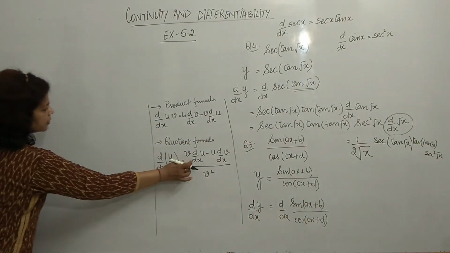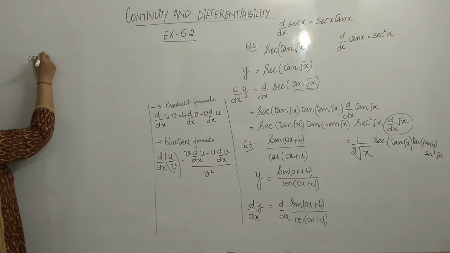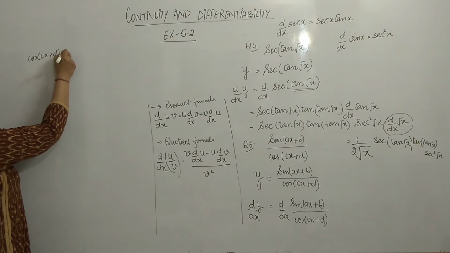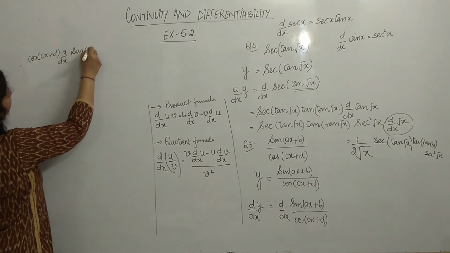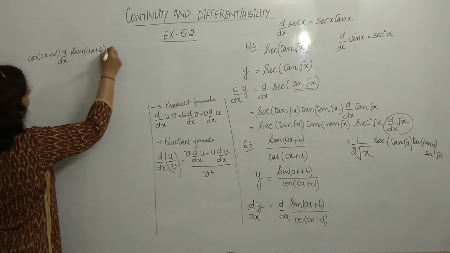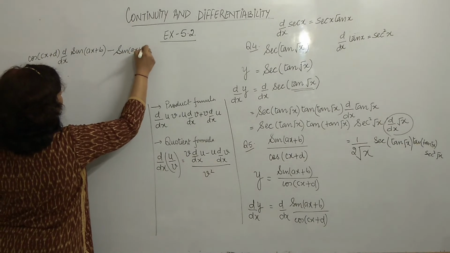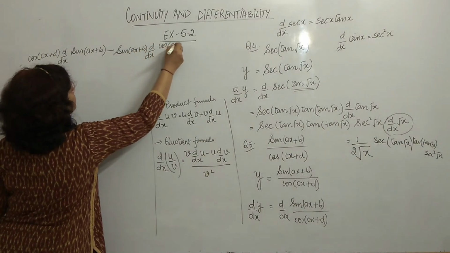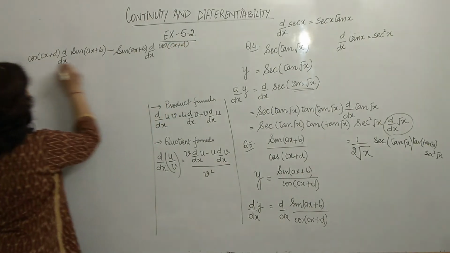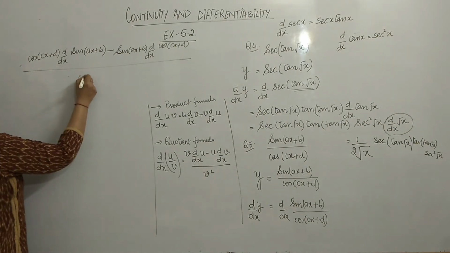So the formula is: take cos cx plus d and differentiate sin ax plus b, minus take sin ax plus b and differentiate cos cx plus d, divided by cos cx plus d whole square,